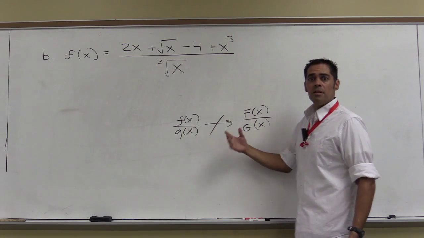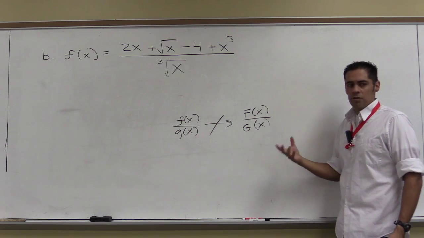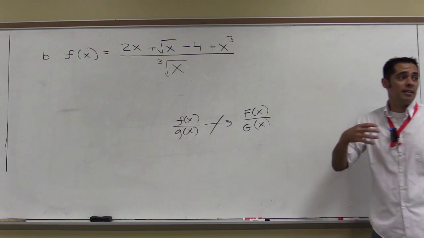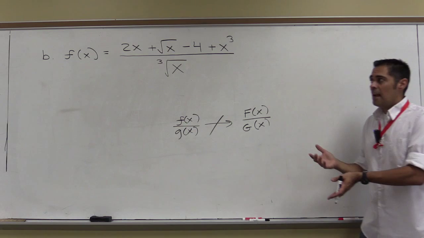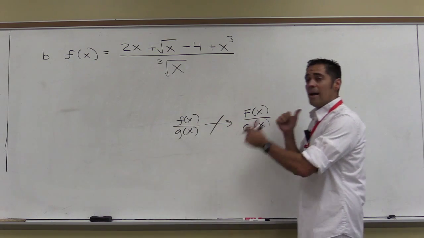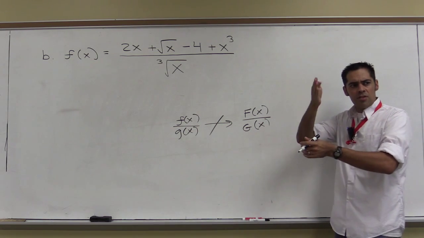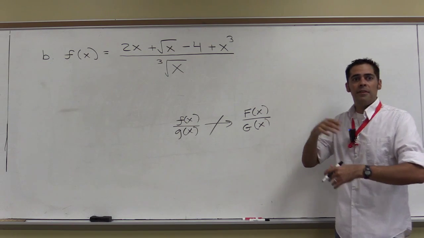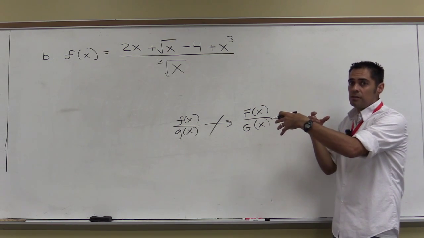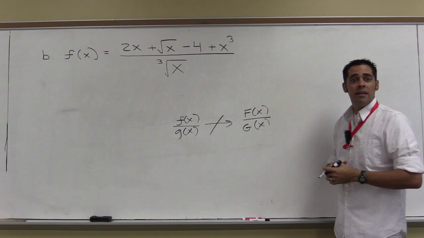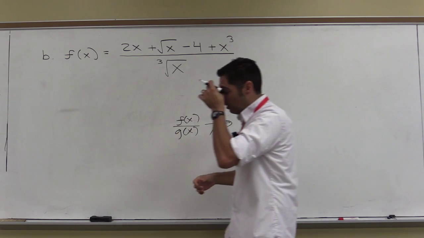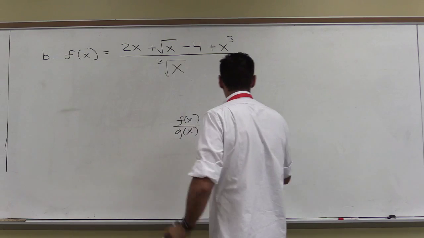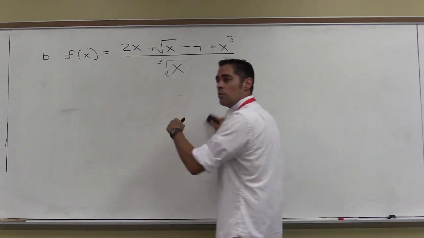And that's what made Cal 1 difficult, because when we got to products and quotients, we realized that the derivatives weren't as nice as what we wished they would be. So it's the same thing in Cal 2 when you're trying to go backwards. It's easy if it's just term, term, term, term, term. But if it's division or products, therein lies the problem. And we haven't really gotten to that yet, but that's where we're headed. And that's where we'll spend the next couple of weeks, trying to figure out ways to go backwards